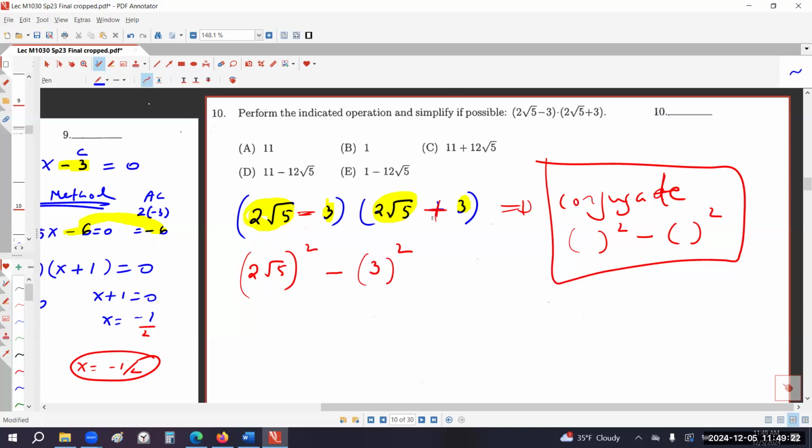So what do we do now? We distribute the power, right? Anytime we have more than one thing in our base, we distribute. So we get 2 squared times the square root of 5 squared. And what is c squared? 9. Simple. What is the square root of 5 squared? Only 5, because they cancel out. So we have 20 minus 9. That gives us